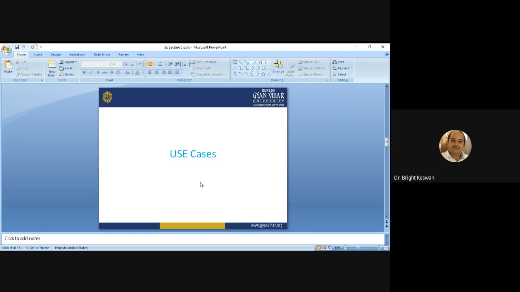Why is this type of connectivity required? Because it provides a description of how they interact with each other, meaning the end user and the system. So this is the basic purpose of use cases.